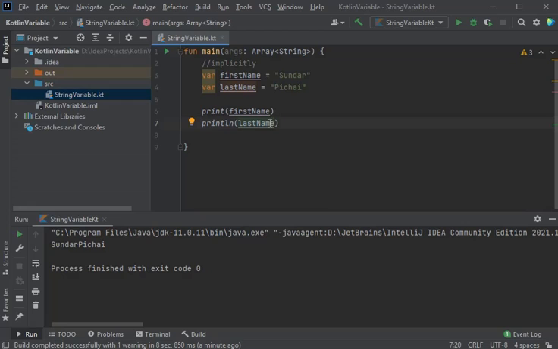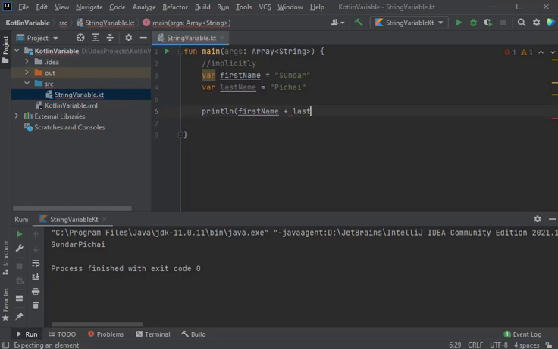Now let us try to print first name and last name in the same line with some space in between. Let's keep it as println, first name. This can be done with string concatenation.